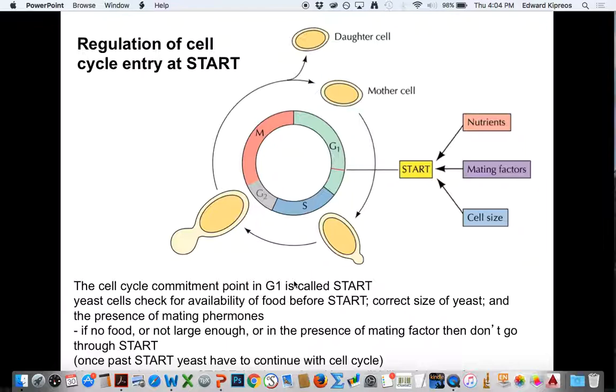As I mentioned, start is a point in the cell cycle where the yeast determine whether they're going to go into the rest of the cell cycle or not. They're looking at certain things. Is there enough food here? Have I grown large enough? The cell has to get large enough before it goes in, because this is actually the growth phase. If a cell didn't grow and just started dividing, it would keep getting smaller and smaller. So clearly the cell has to get big enough that when it cuts itself in half